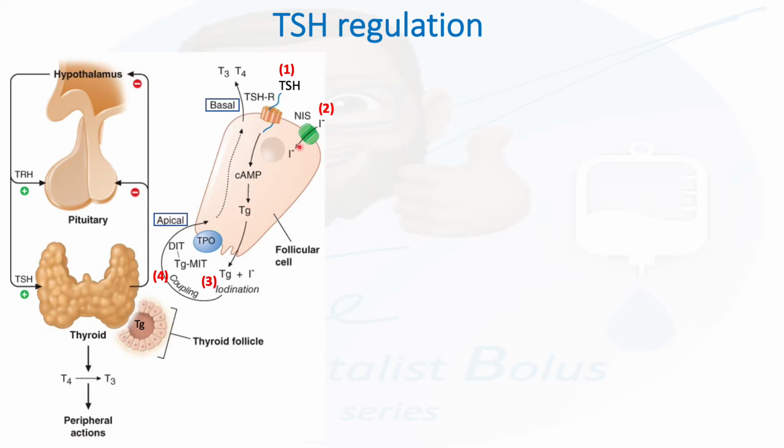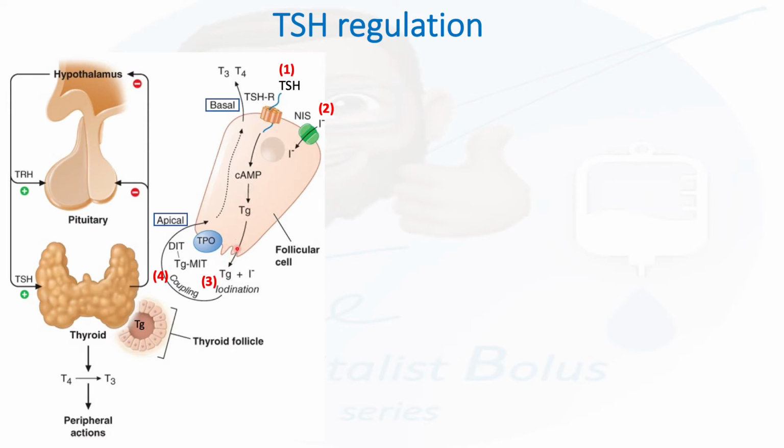There is also the NIS, or sodium iodide symporter, which helps transport iodide into the follicular cell. So now we have the iodide in and we have the thyroglobulin in,